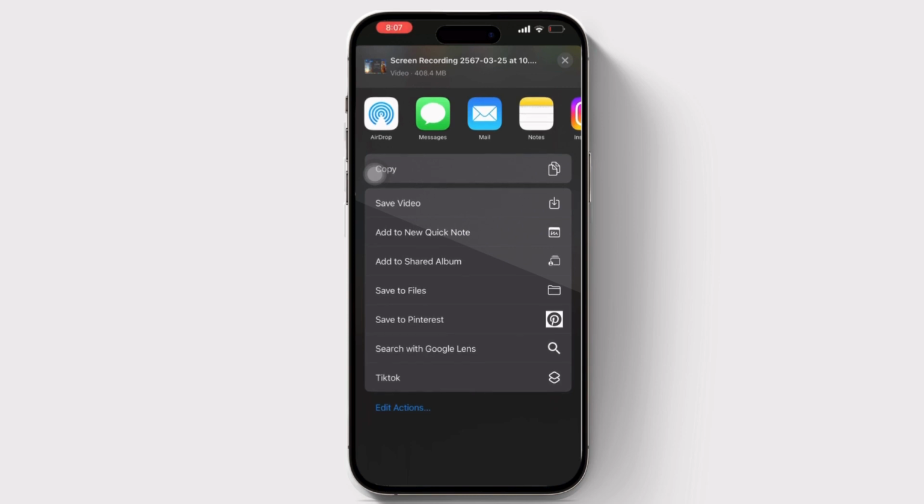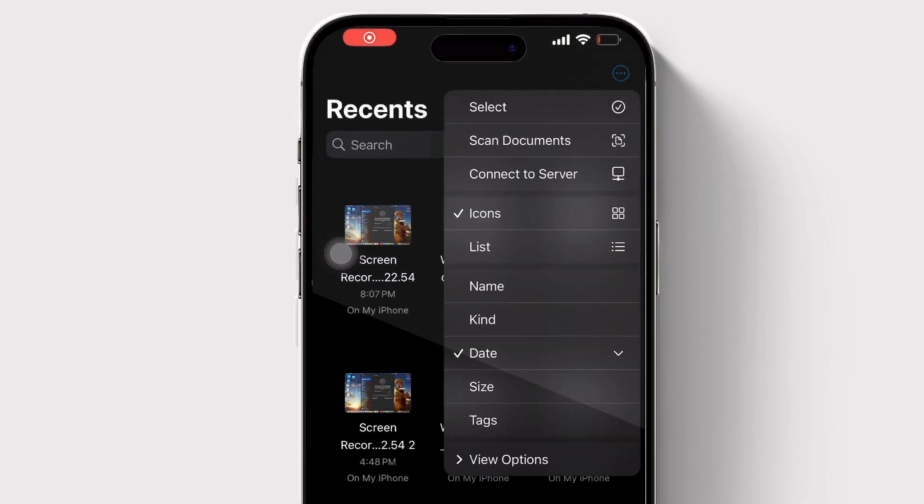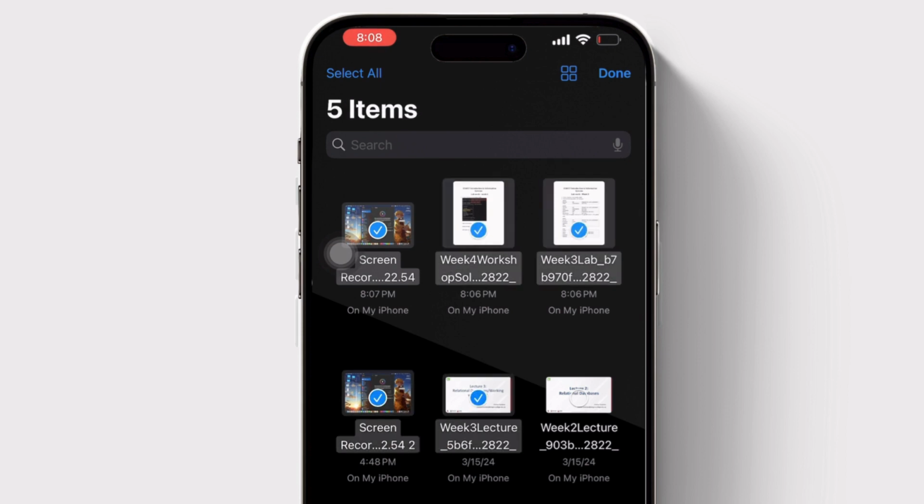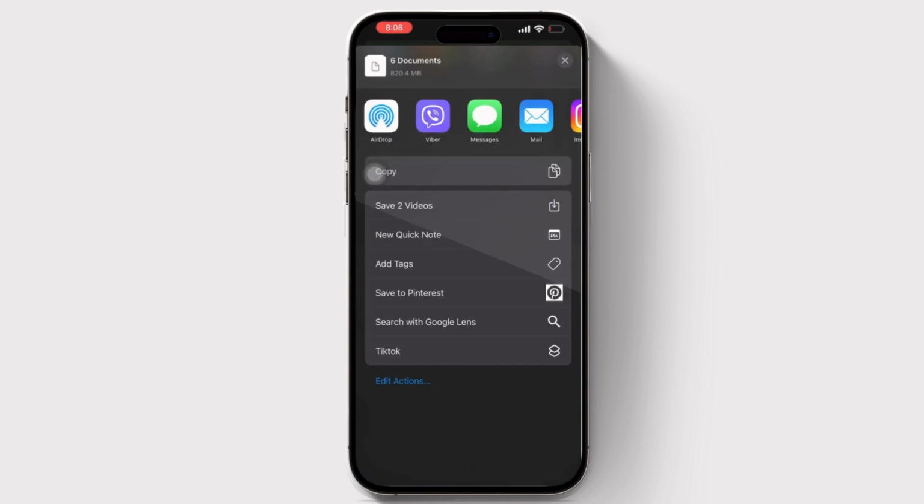Now, to select multiple photos or videos, let's go back to the Files app. Then click on the three dots available on the right. Then click on the Select option in there. Then select any photos or videos you want to transfer. Then simply go to the Share button again and click on Save Videos or Save Images, whichever option